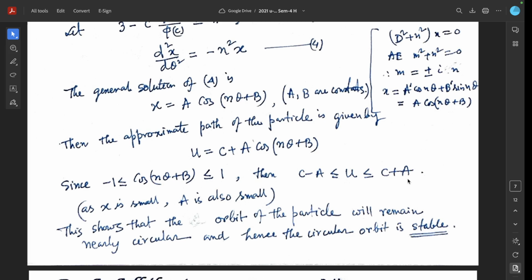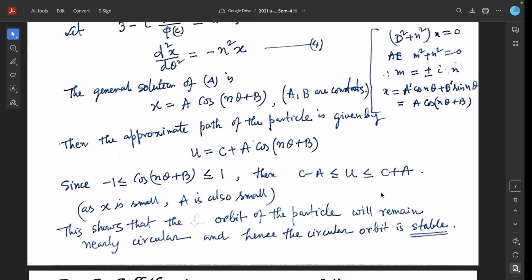Since x is small, obviously a is also small, and this shows that the orbit of the particle will remain nearly circular. A is small, so nearly circular orbit,